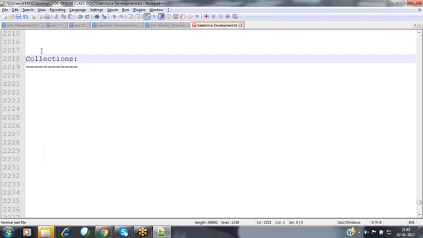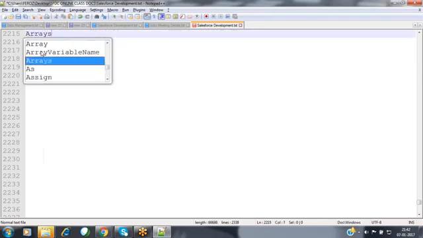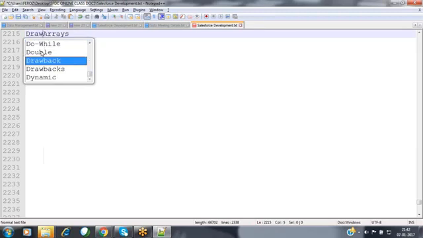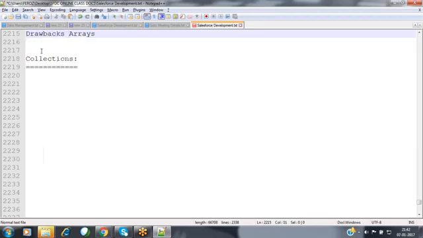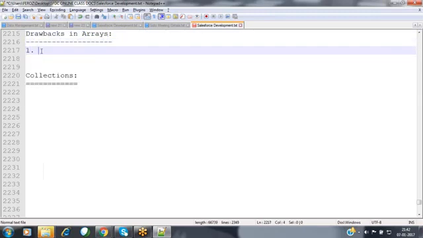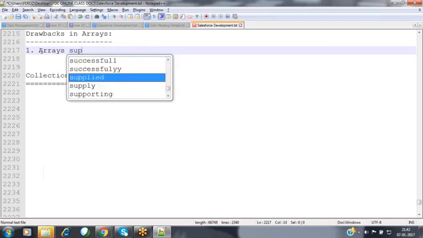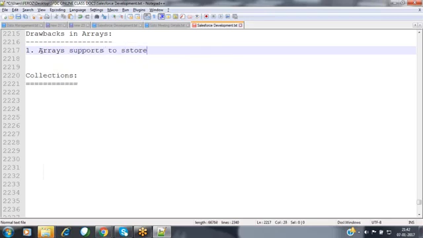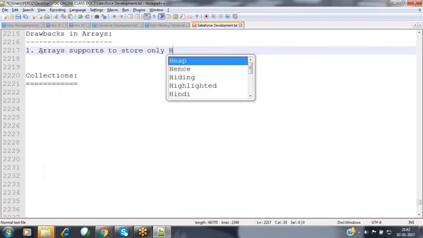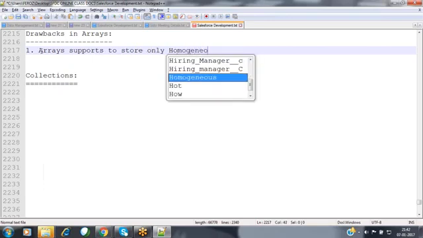Now, when coming to arrays, we have identified some drawbacks. The first one is that arrays support storing only homogeneous elements.